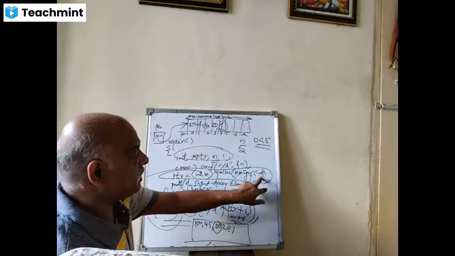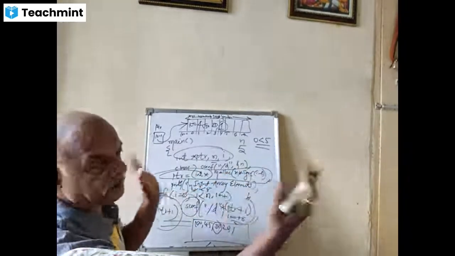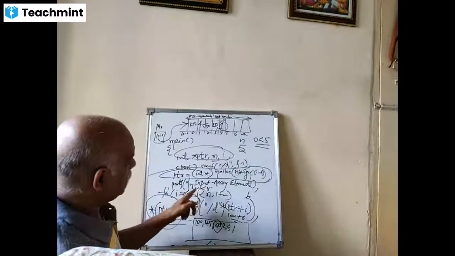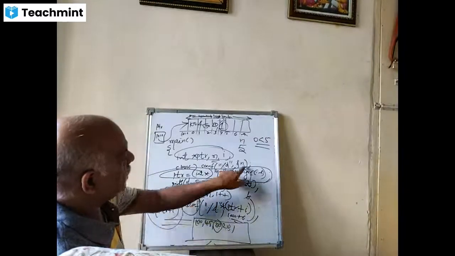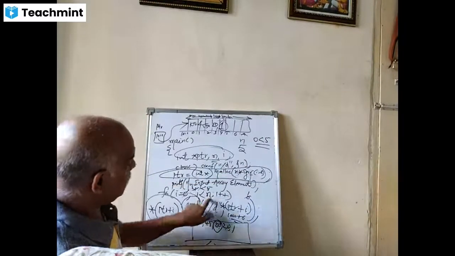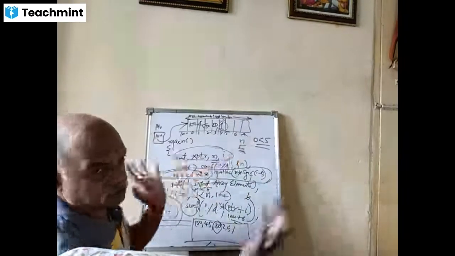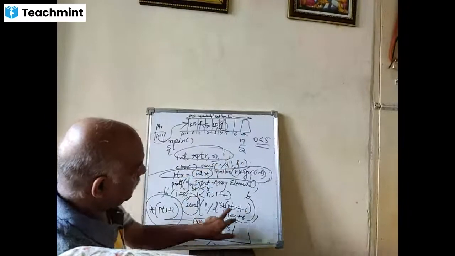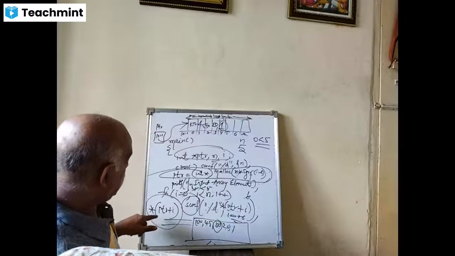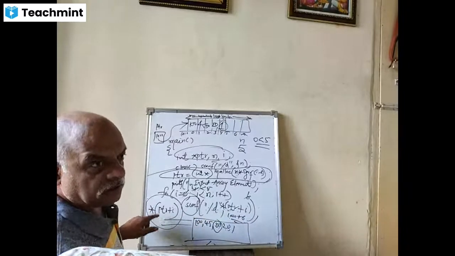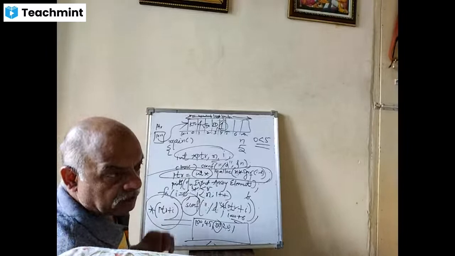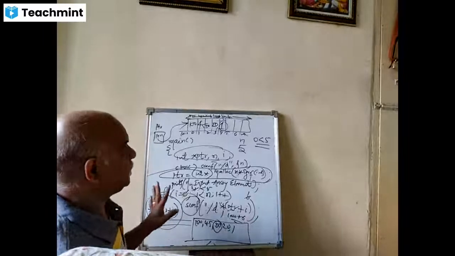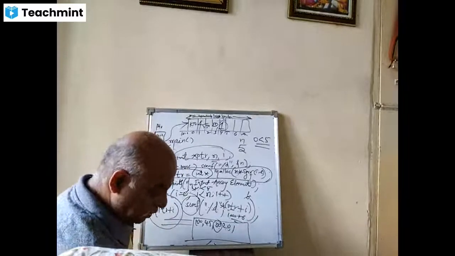For example, 10 into size of integer 2, a 20 bytes block. In these 20 bytes you can store all the integers read from the keyboard. For i equal to 0, i less than 10, 10 into 2, 20 bytes, you can store 10 integers. Similarly you can read with ptr plus 0, ptr plus 1, ptr plus 2, like this. This program to create dynamic memory using pointers is in the lab set, and it will come in your record also. Is it clear?